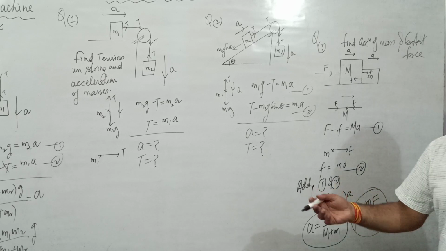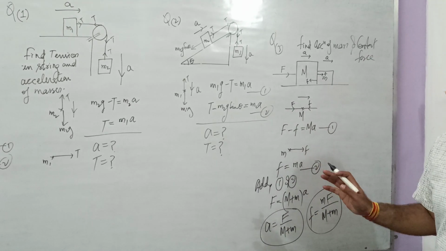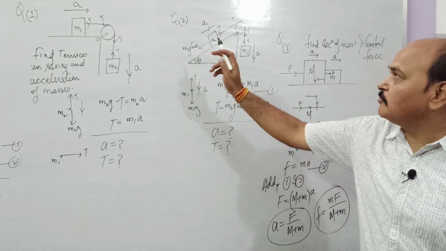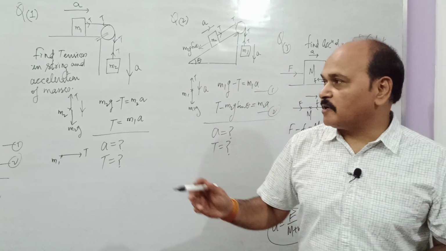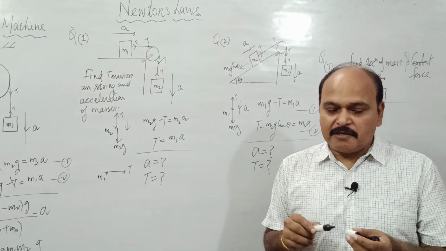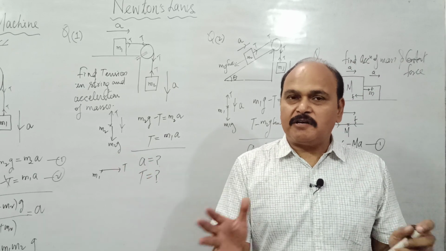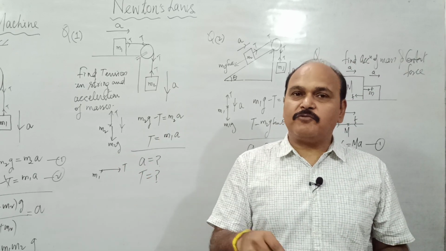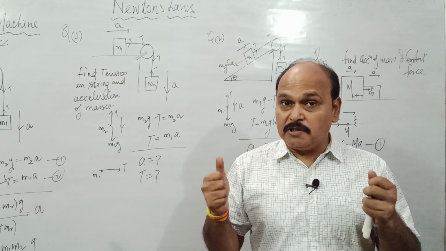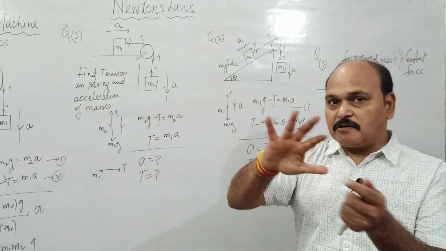So the process of doing the numericals will continue. We come to the end of today's class. These three numericals are very, very important, including the Atwood machine. Before that, whatever we did was all basics: how is horizontal motion, how is vertical motion, what are the forces, how is the motion on an inclined plane. That all you need to know. But the questions which are asked are like this, a combination of all.